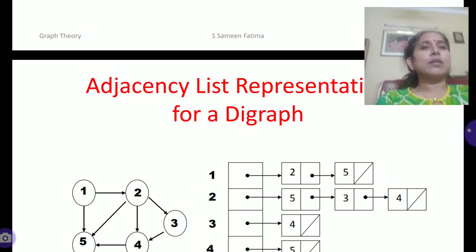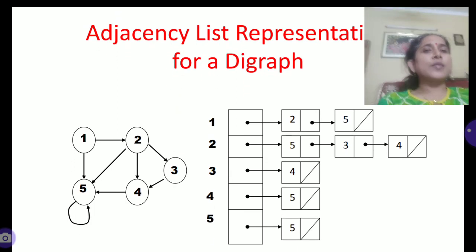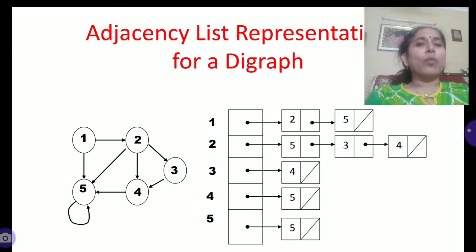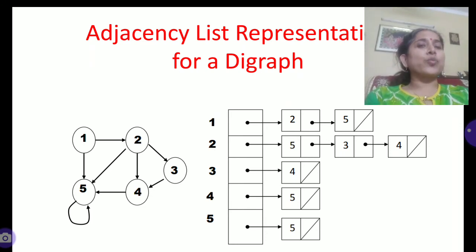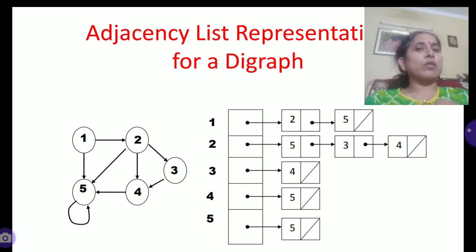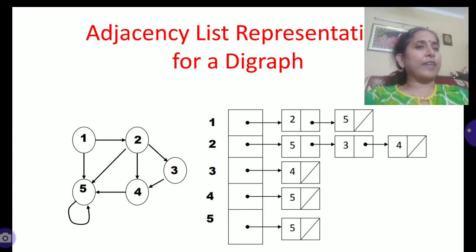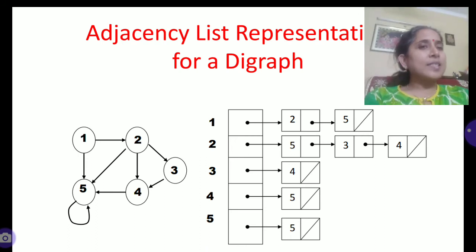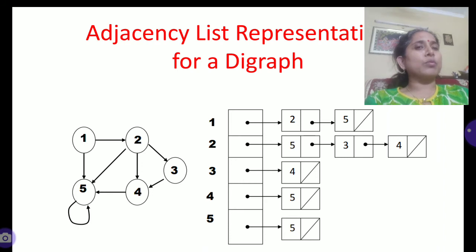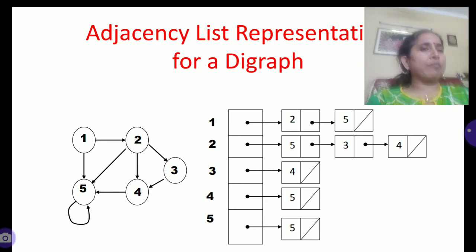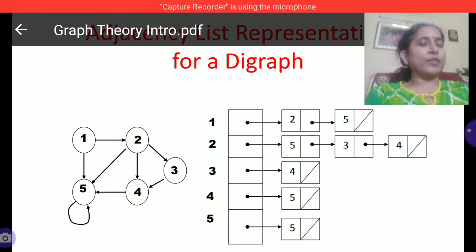Now this is an example. Here we can see a graph 1 2 3 4 5. You can see it's a directed graph. Vertex 1 is connected to vertex 2, and vertex 1 is also connected to vertex 5, and there is no other connection from 1. So we'll number the primary list as 1 2 3 4 5, and sublists will come out of it. So the first vertex is connected to 2 vertices, 2 and 5. So I have mentioned the connections of 1, to 2 and 5, in the first row.